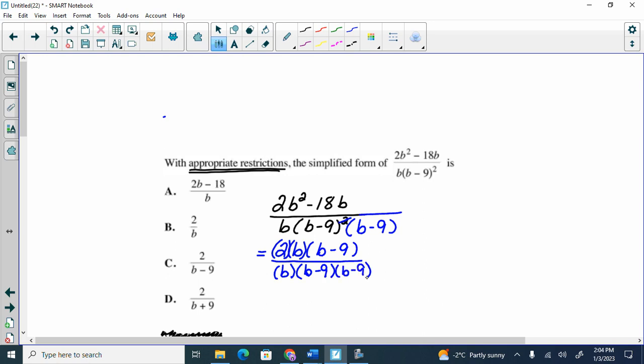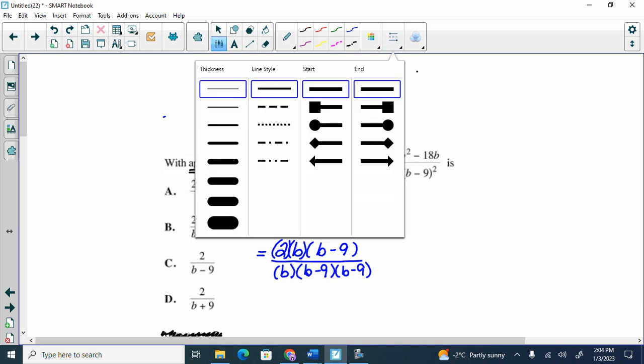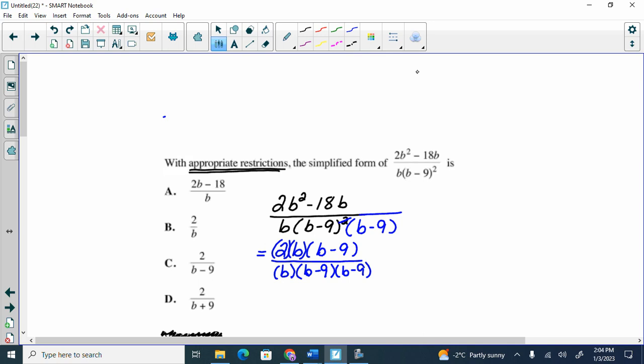Now, I see things can cancel. I'm getting excited, but before I go to cancel, I have to say to myself, no, stop. Don't be so happy about this. You need to state NPVs. I know this one says with appropriate restrictions, so we wouldn't have to, but I always do it because it's better if you do. So my non-permissible values are